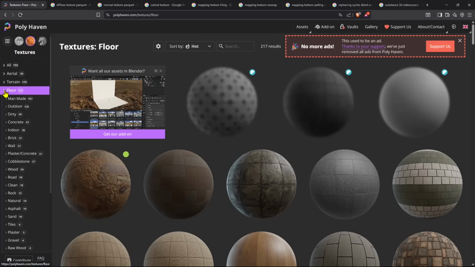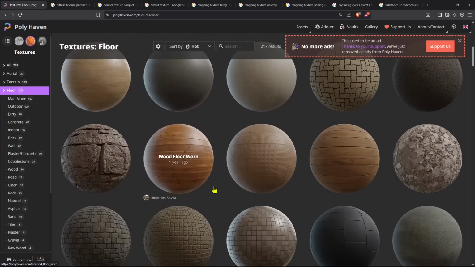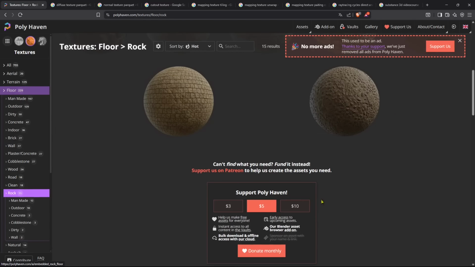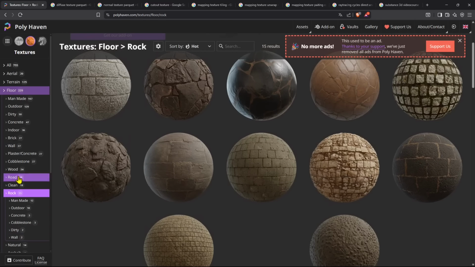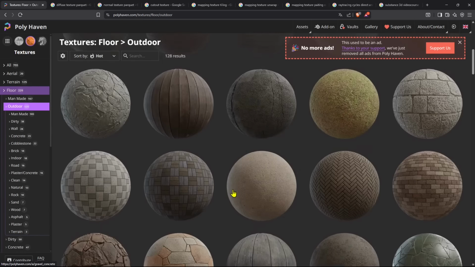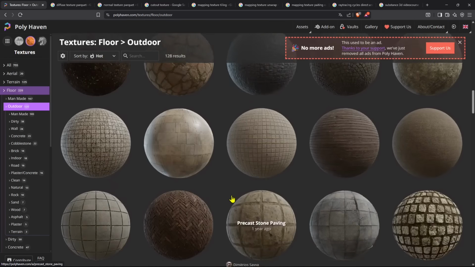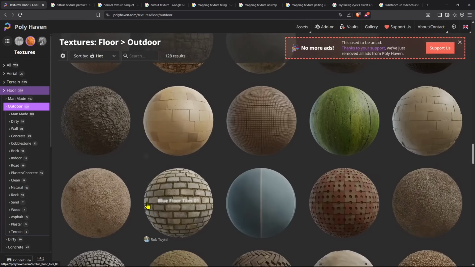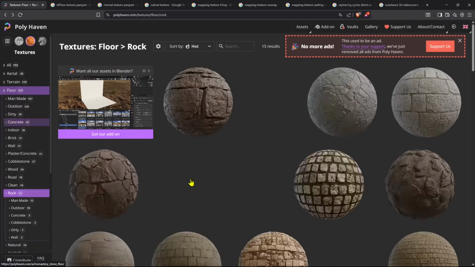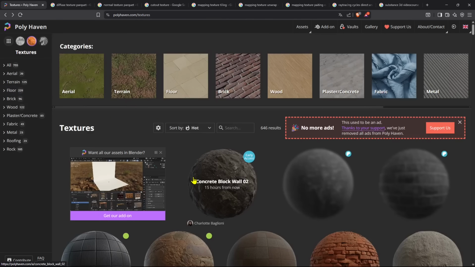This is the one we're looking for to put a floor on our kitchen, and then you can scroll down here and look at all of them. You can see there are so many, or you can just select one of these materials, or go in the outdoor or indoor, etc., etc. So once you get the texture, let me just go back to the one that I found,